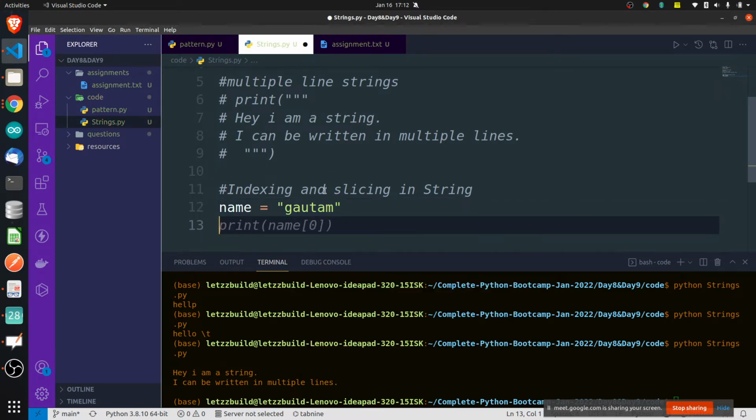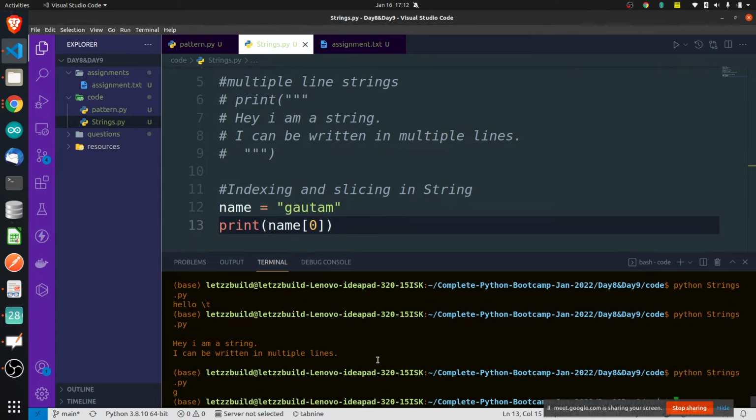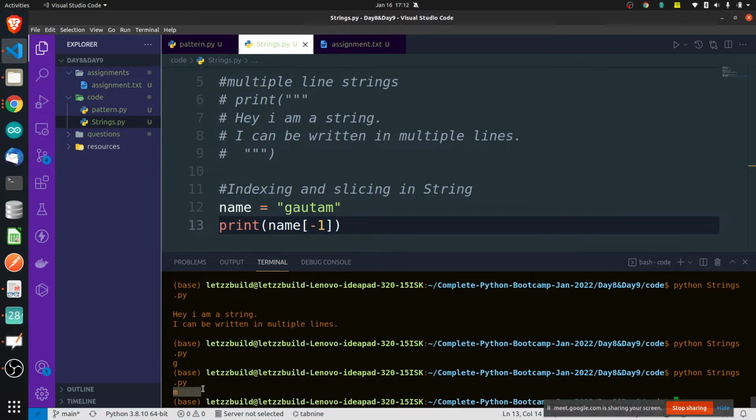You already know indexing starts from 0, so if I want to print only the first letter G, it will be available at name of 0. First the string name, and then you write of 0. That's how it will work. This is indexing. If you want, you can also use negative indexing. It will print the last letter, as we already discussed last class.